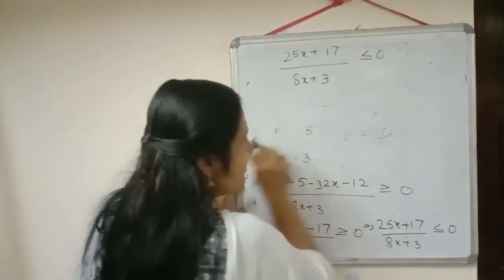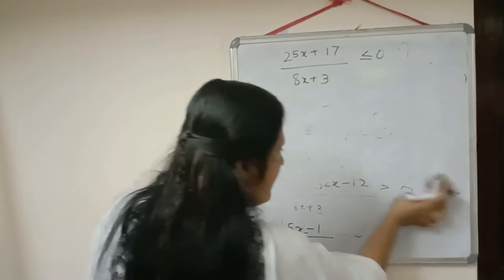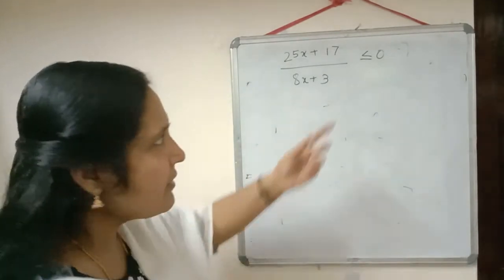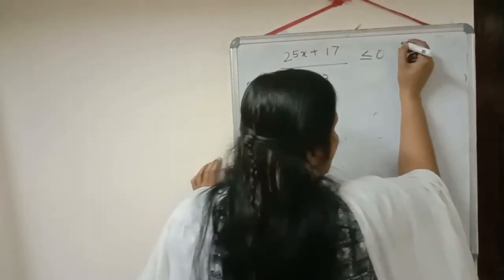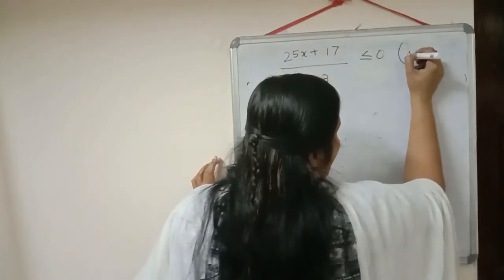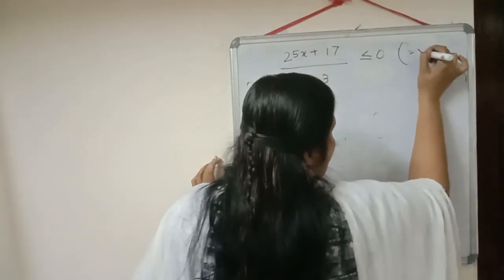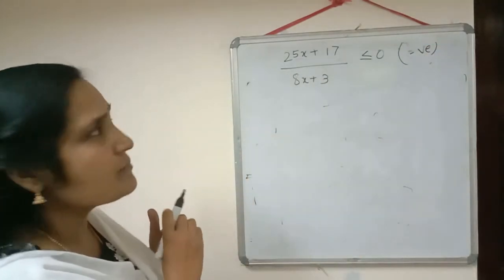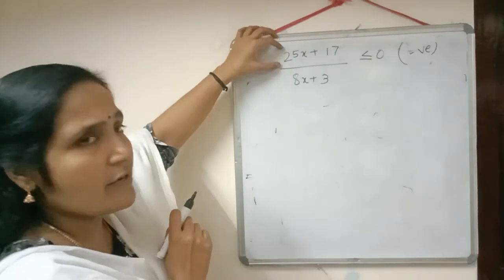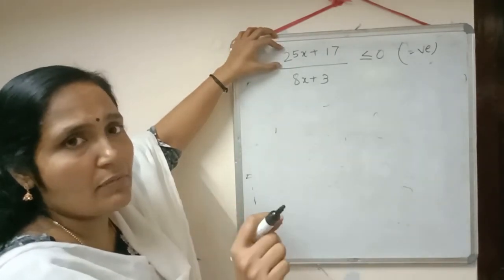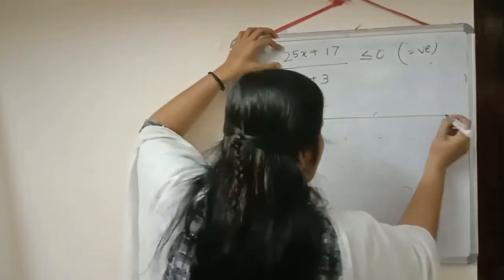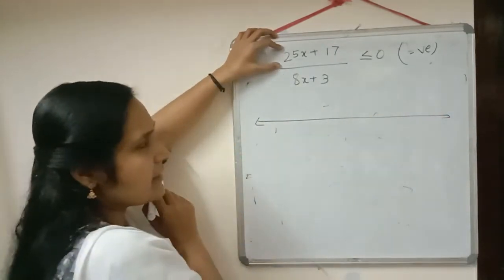Which type of number do we need as the solution? Which region will come in which we are getting a negative number, or it can be equal to 0 also. So we want a negative number or 0. Negative or 0 is possible only when the numerator can be equal to 0. So when you write the value of the numerator, just darken that circle there.